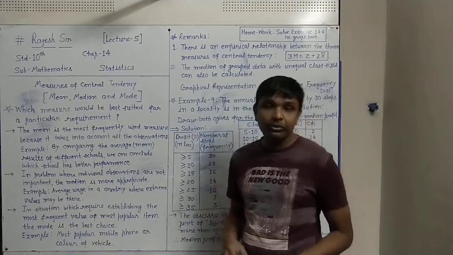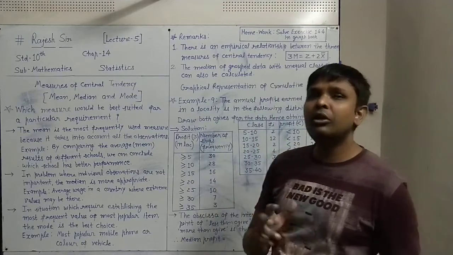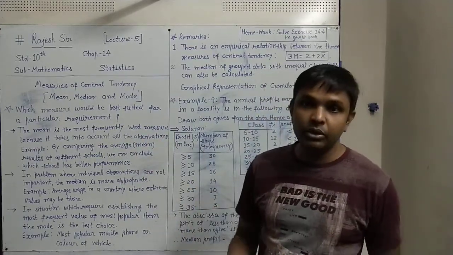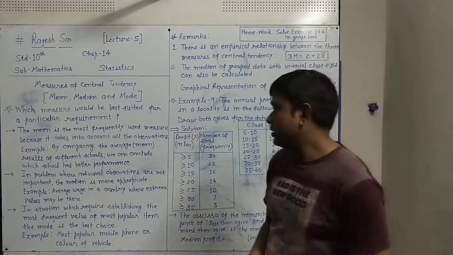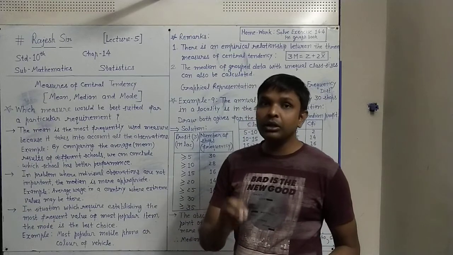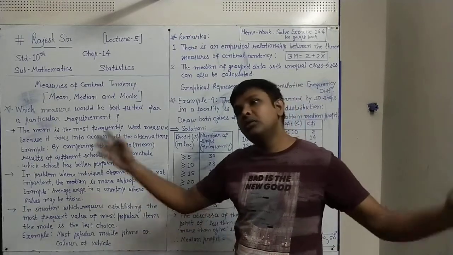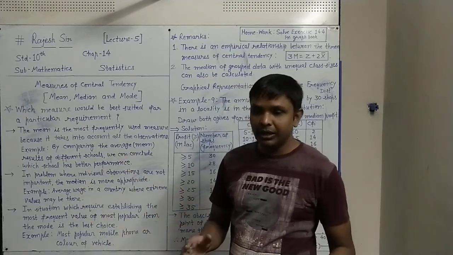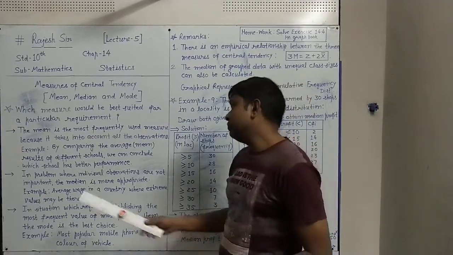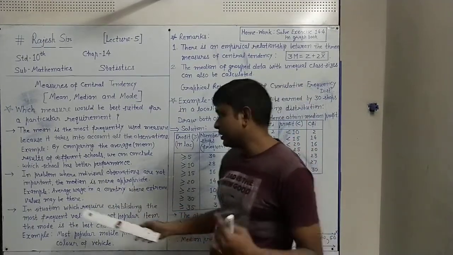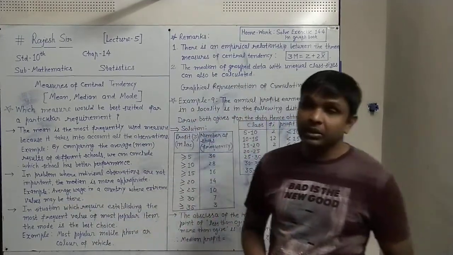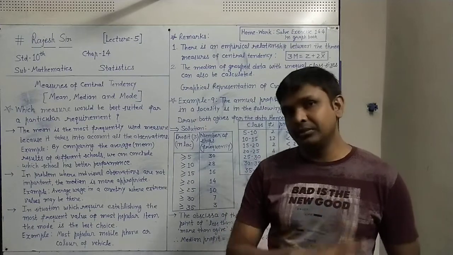This is where we can use the mean. And second, the median: problems where individual observations are not important. In that type of problem where individual values are not important, and you just have to give the conclusion of the overall thing, the median is more appropriate, where you have a whole wide range of data and each individual is not affecting it. Like for example, see the average wage in a country. Average wage means how much each person is earning.